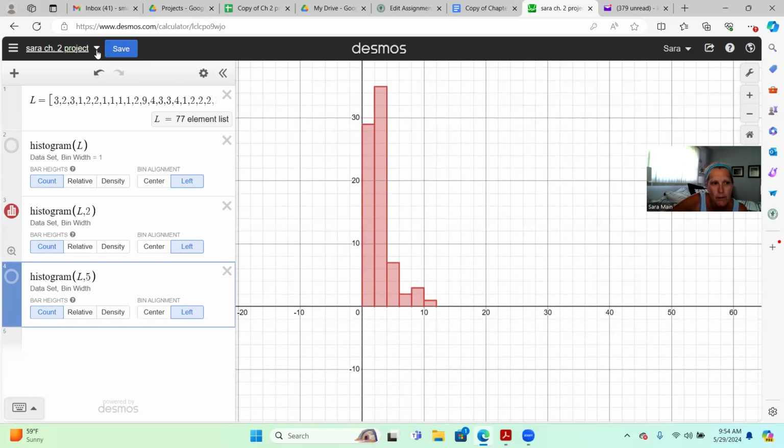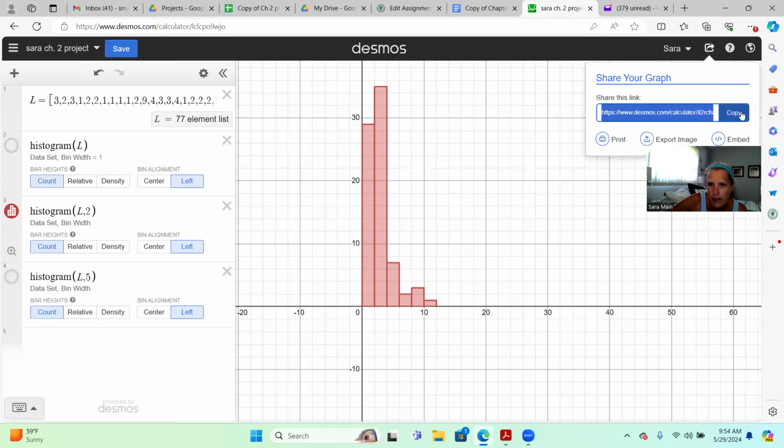Just make sure you keep hitting save on any changes that you make in your Desmos before you go to the top right up here where it says share graph, and that's where you're going to copy your link to submit into